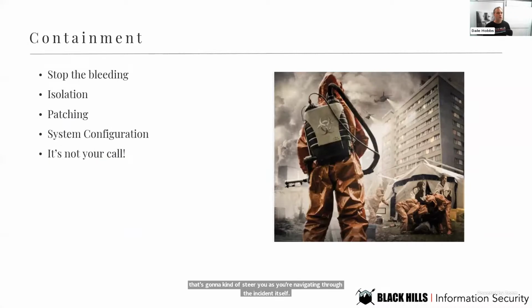On the containment phase, the goal here really is to prevent the attacker from continuing their activities. So typically, an attacker is not going to dwell on one system. They're going to try and move laterally throughout the environment. So you want to be able to detect that activity ideally, right? If they're able to hide on one system that you didn't know existed, then you're going to have a difficult time containing them, right? So that goes back to the preparation phase and knowing what systems you have in your environment. Being able to isolate systems in a hurry is key as well, right?